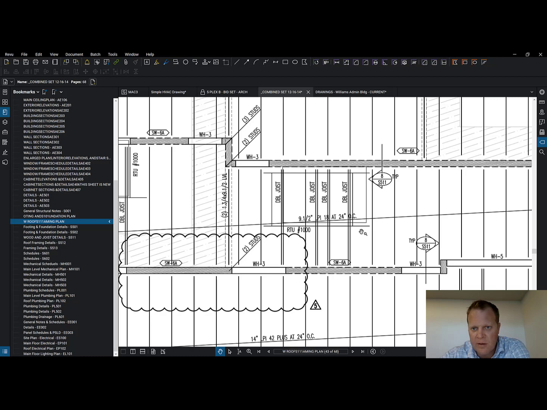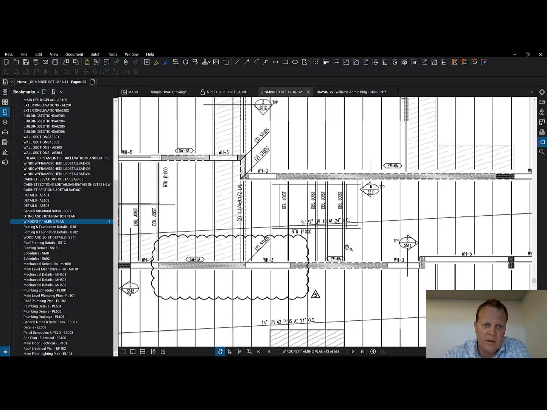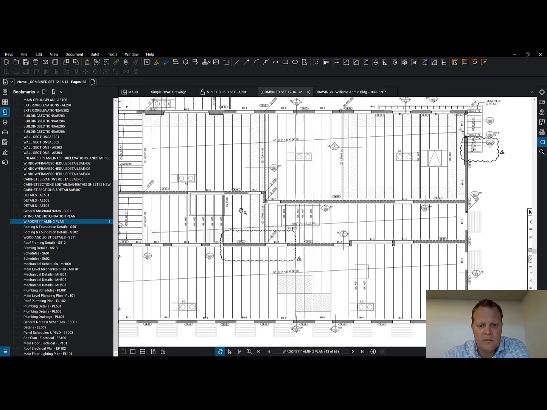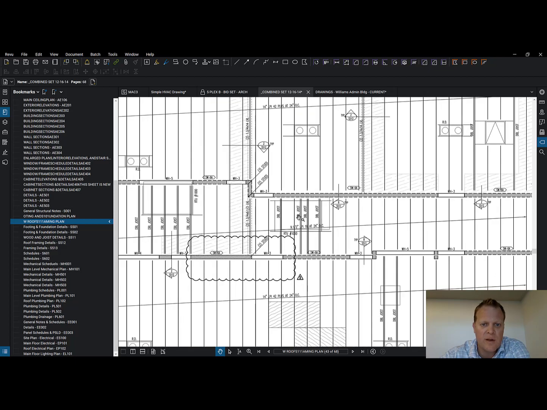Maybe that's just the outline. Yeah, but he's got double joists in through here. Double joists over here. Okay, that's helpful to know. So we've got some framing to deal with. But take a look at